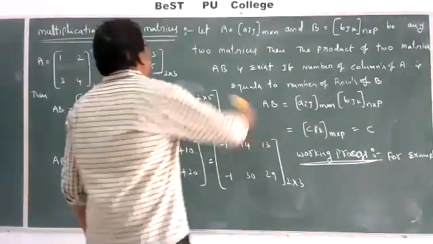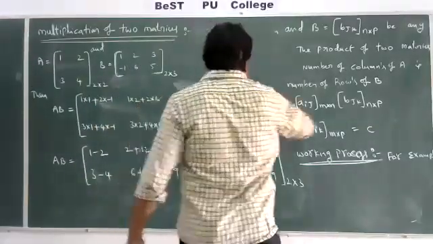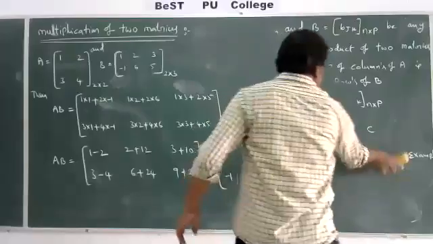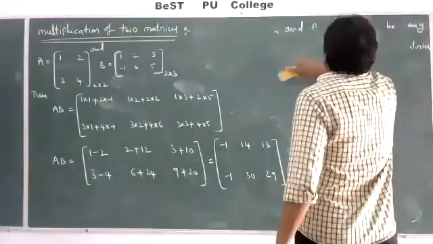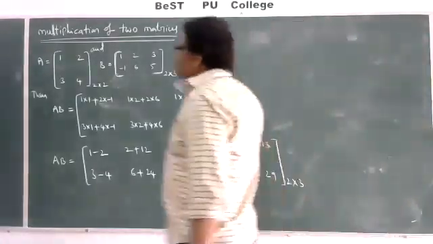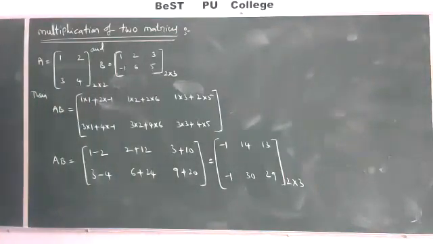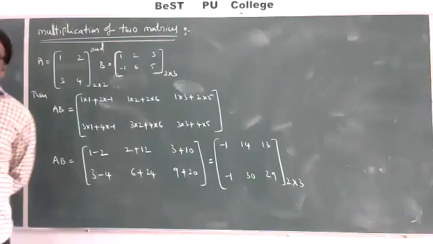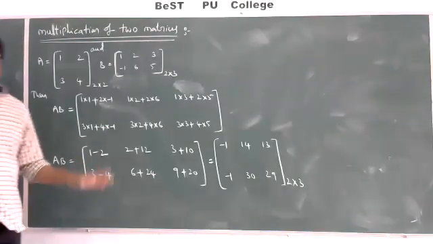Here the working process is important. They do not ask for the definitions in the examination. In matrices or determinants, matrix multiplication is very, very important. In every problem, multiplication is required. Addition and subtraction are very easy, but multiplication is very, very important. Many students do it wrong in multiplications. That's why I am discussing it. I am telling you many times: be careful in multiplications. Observe the process perfectly.